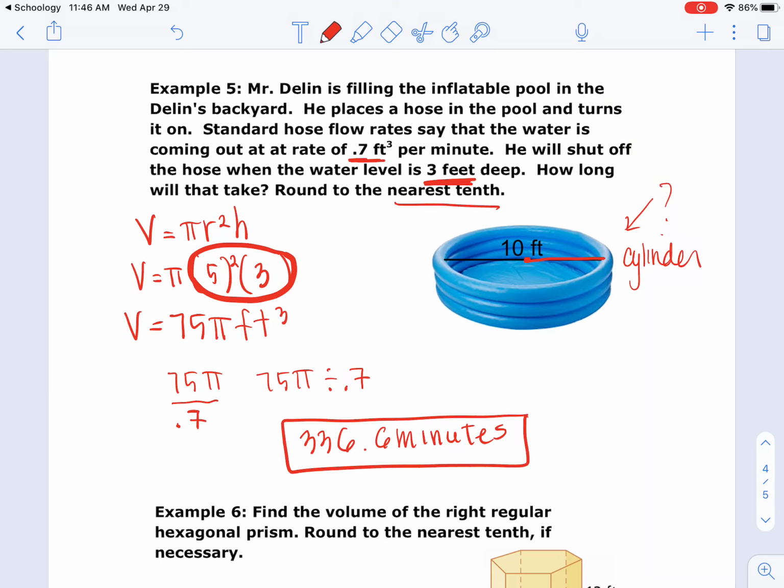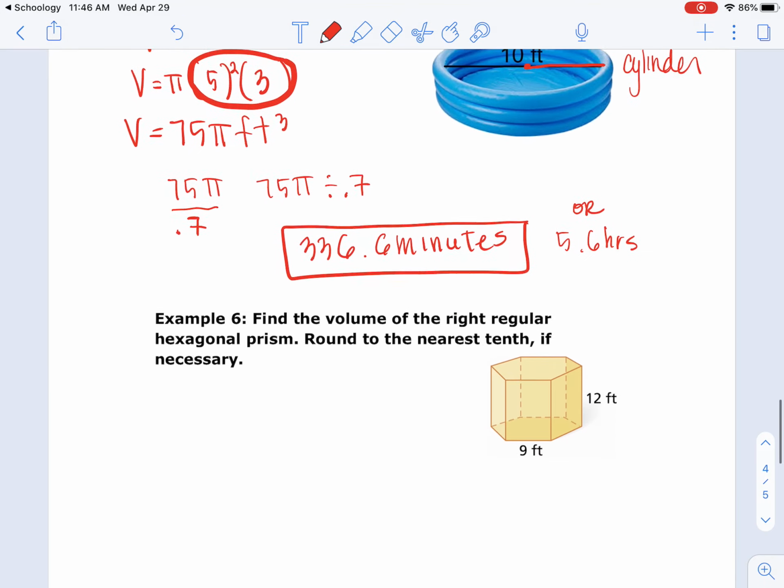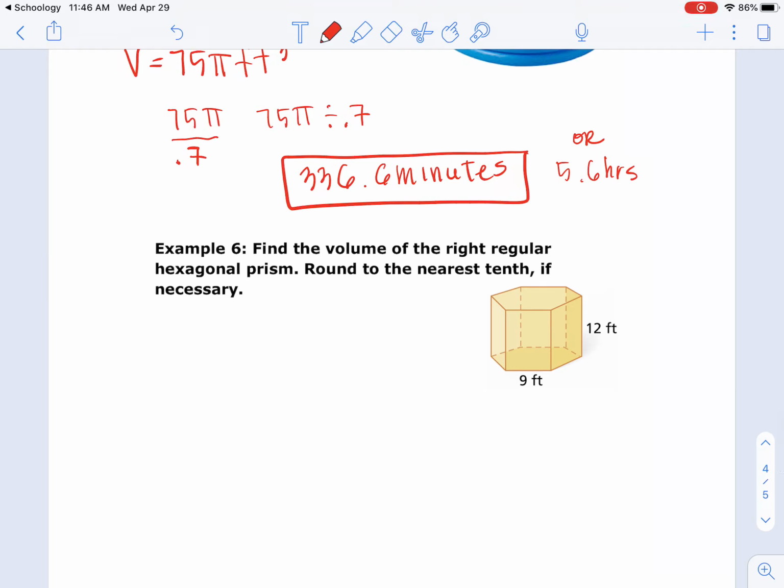Also, if you did it in hours, if you divided that by 60, you could say 5.6 hours, but it didn't say minutes or hours. Some people might say, oh, I'm going to change that to hours. Fine, do it. Okay, next one, find the volume of the right regular hexagonal prism, round to the nearest tenth